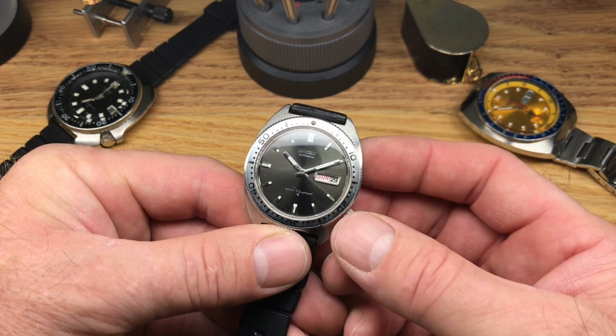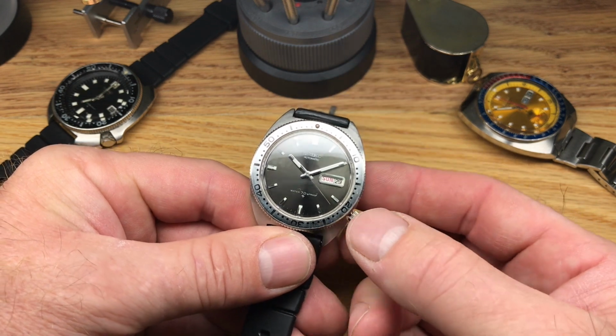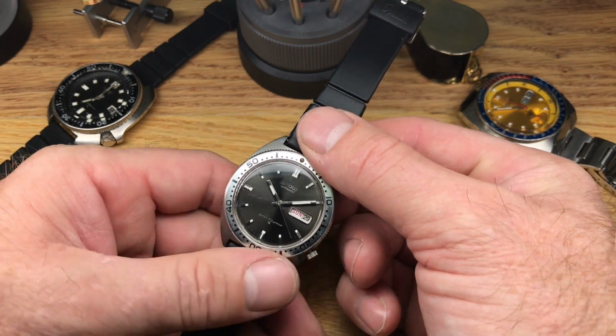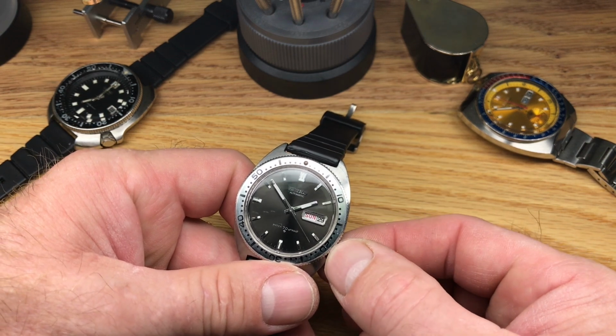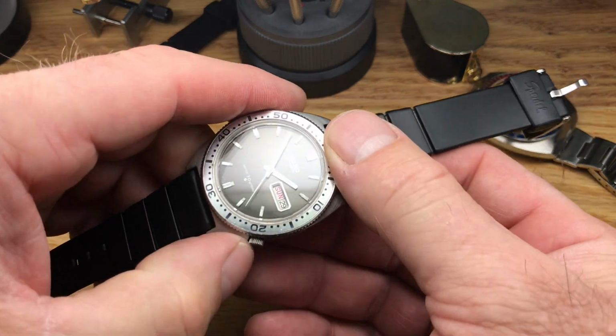This is a 6106B, which means it hacks. But it also has day and date, which is kind of cool. And the set for that is kind of neat. So let's actually get away from midnight. Okay, so we're in a good spot here. So quick date